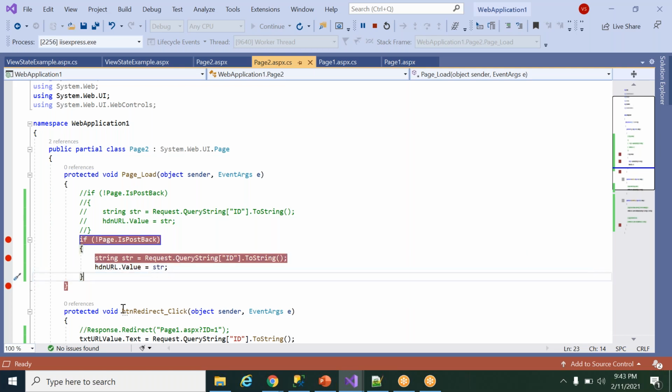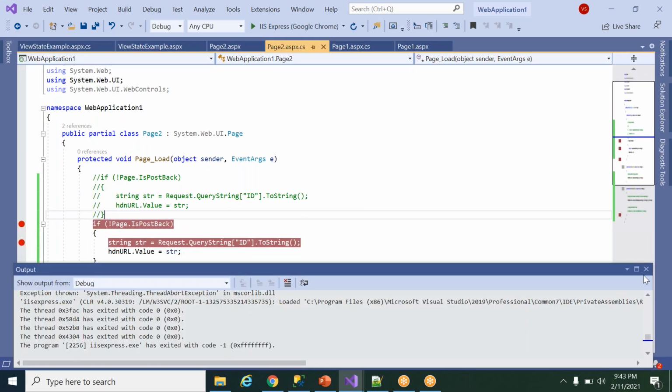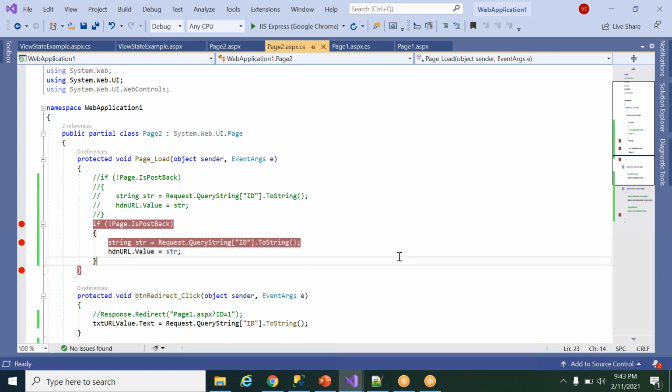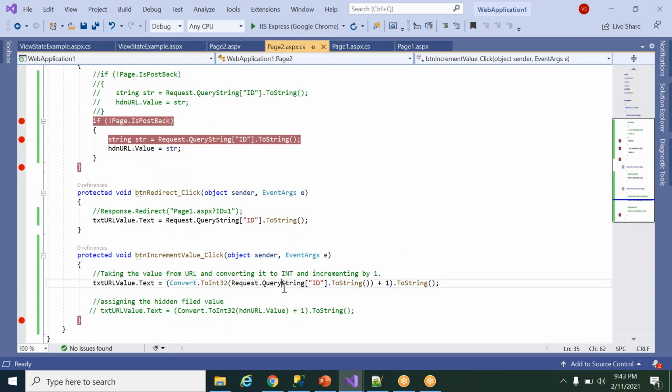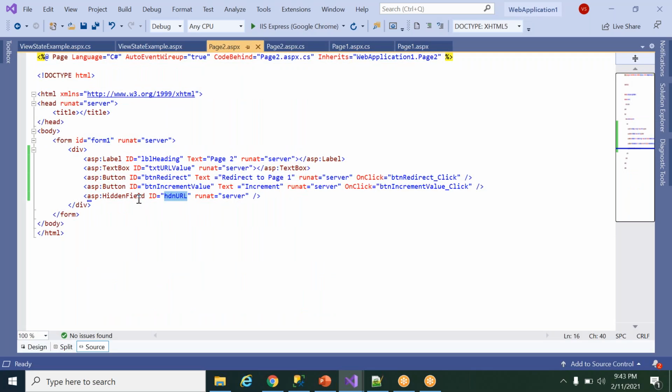Now one more thing. In the examples below, I'm always taking the information from the query string, right? So here also I'm taking it from the query string, and here again I'm checking the browser, which is incorrect. I need not always take it from the browser URL. I can store these values in a hidden field. How can I create that hidden field?